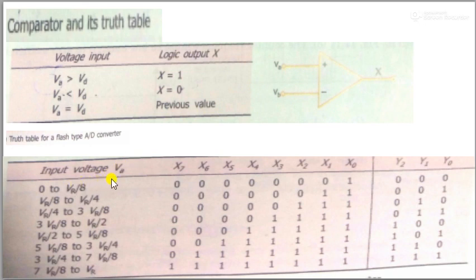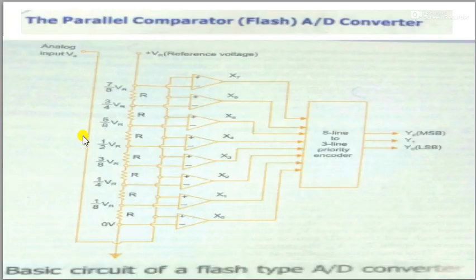And this is the input voltage or analog voltage, the node voltage between 0 to VR by 8. Okay, so the output of comparator 1 will be produced as 1. That is, if the analog input voltage is higher than the reference voltage, the output of the comparator will be 1. And likewise, each comparator will provide the output. And how to find the node voltage of the comparator? Now let us see the circuit. And how is it VR by 8, or else 1 by 8 VR.